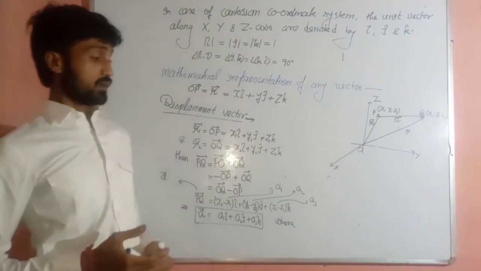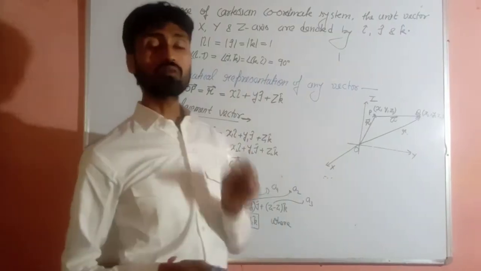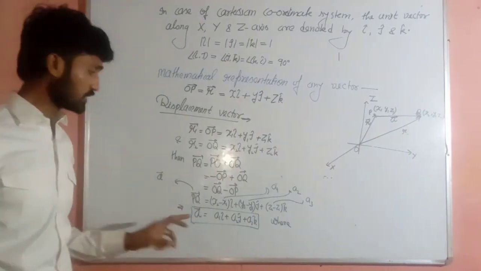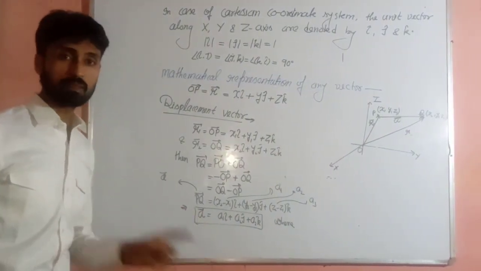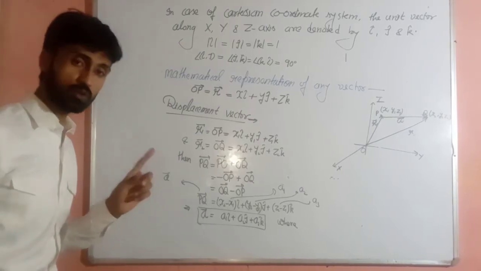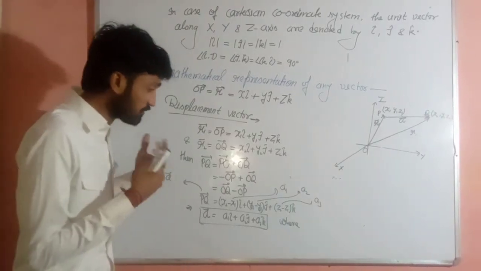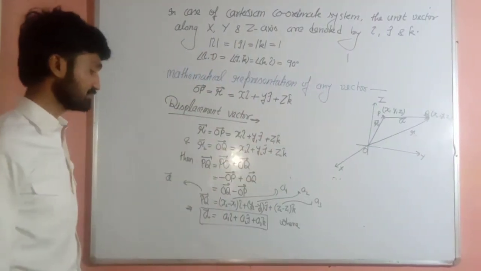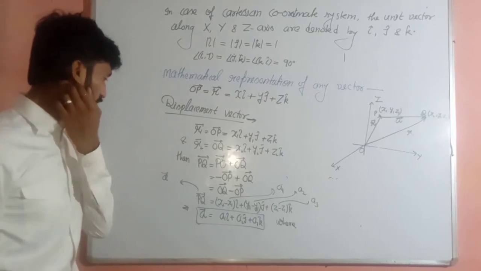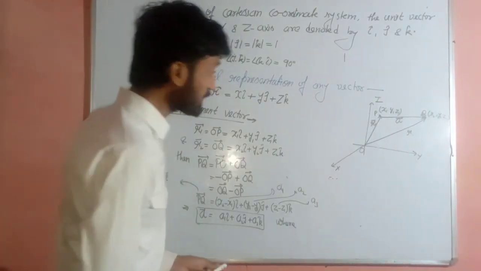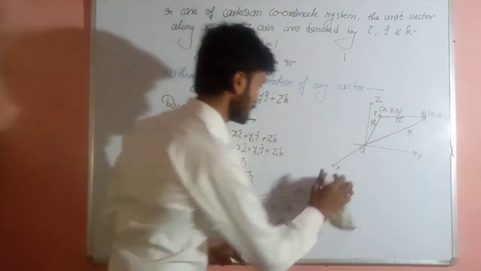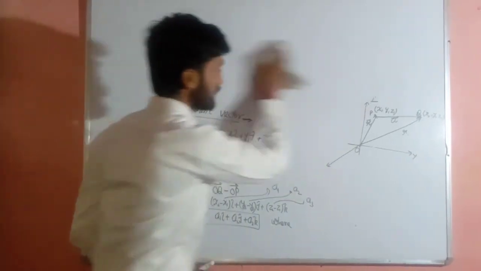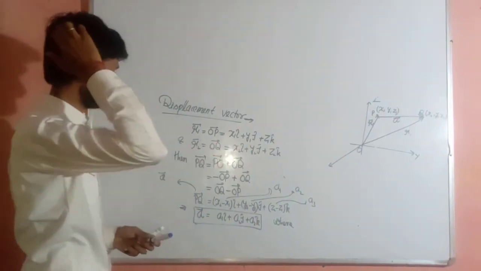Now we know very well any vector has two pieces of information, magnitude and direction. So here we want to find out the direction of this vector and the magnitude, which is a very important point here, which relates physics with mathematics also. Now, first of all, we want to find out its magnitude. What is its magnitude? See, on the board, clearly, what is the magnitude of this vector? Try to understand.